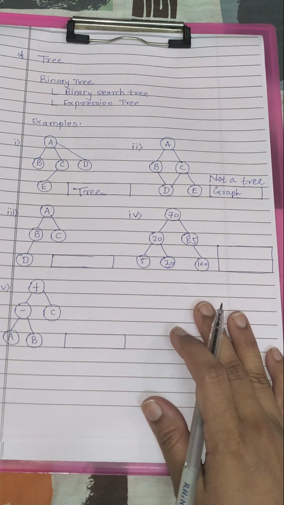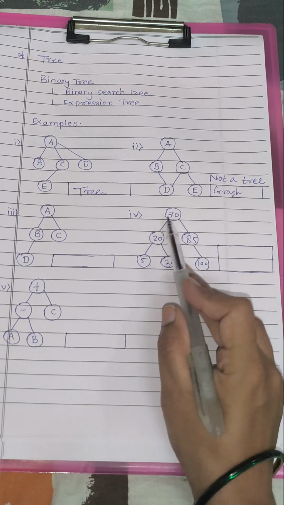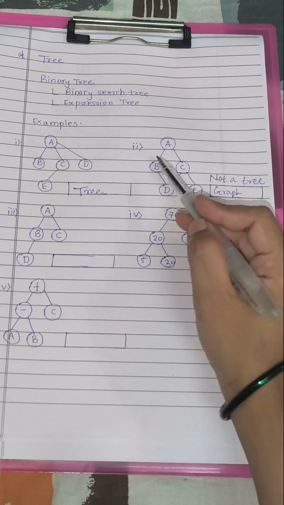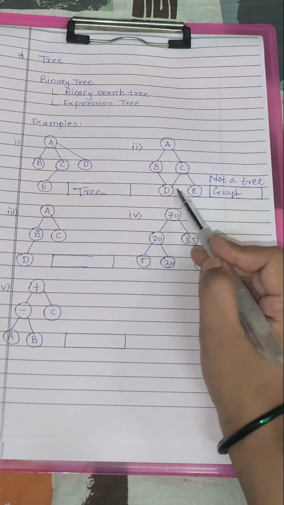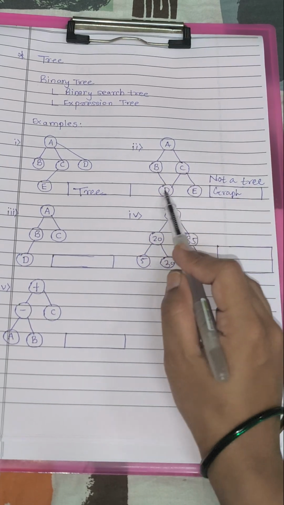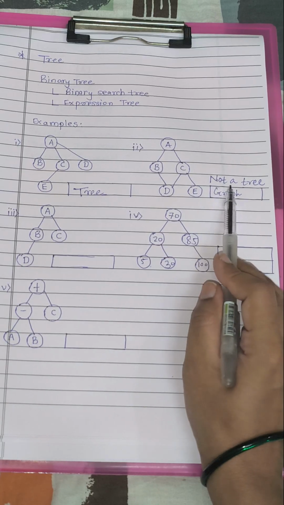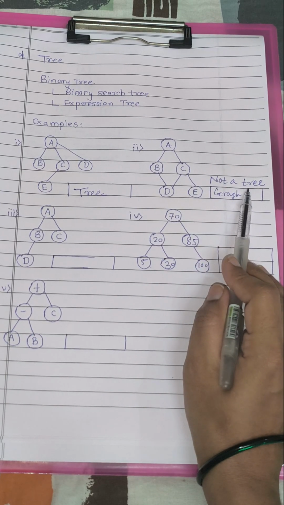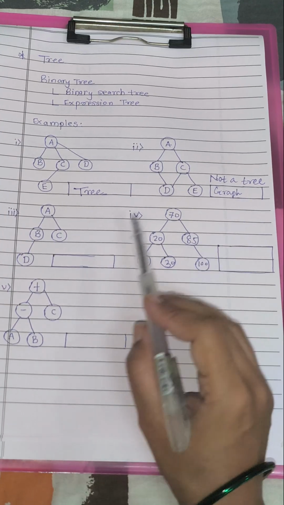I told you the reason why it is not a tree: your nodes cannot form a loop or a cycle like this. You can see that all nodes here are getting connected. Even if this part is separate, this loop is not allowed, and that's why this is not a tree structure. I hope you have got clarity about this tricky example.